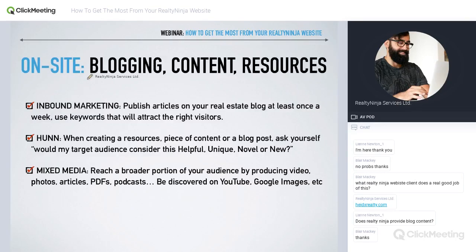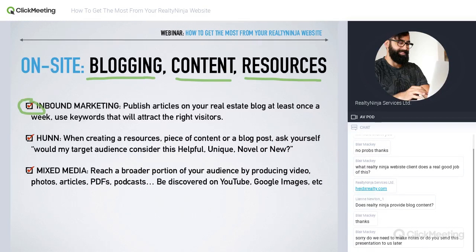So the first one is blogging, content, resources. This is really, really important because inbound marketing is one of the biggest ways to attract traffic to your website these days, and it has been for a while. Inbound marketing is the act of producing content that attracts visitors to your real estate website. So by publishing articles on your real estate blog and using keywords that are going to attract your